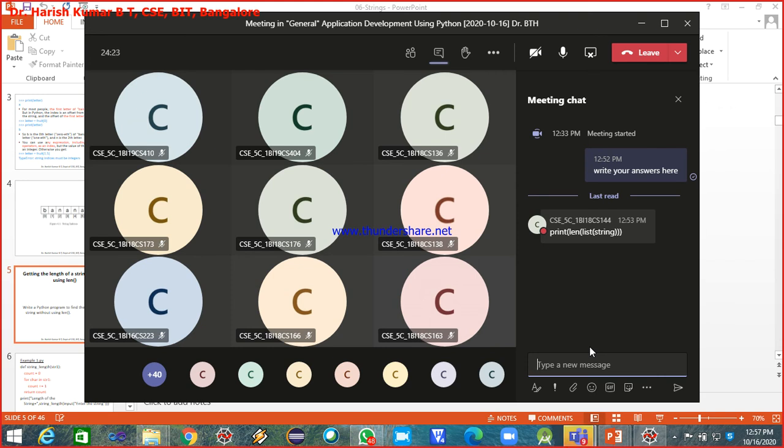What it will do, list of string you are saying, it will convert it into the list of characters from the given string, and then it will find the length of it, and then finally prints it. But the question was not to use the built-in function len. Okay, no issues.